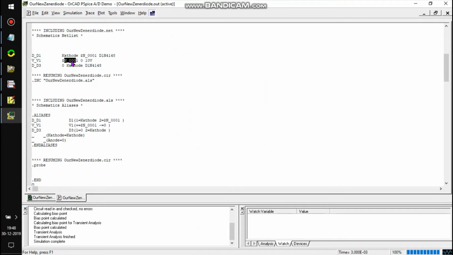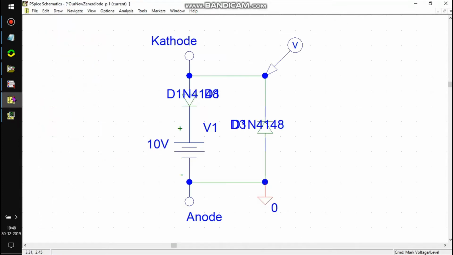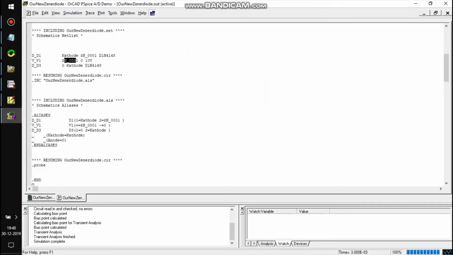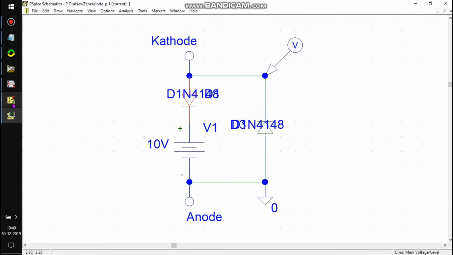First you have the plus and then the minus node. So you have the plus node, and then the minus node, which is 0.